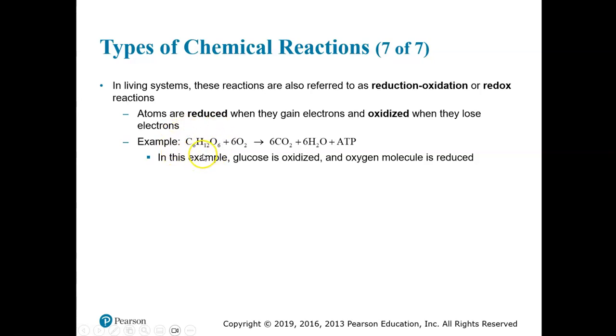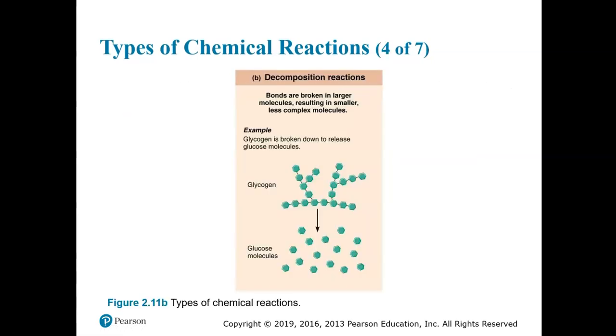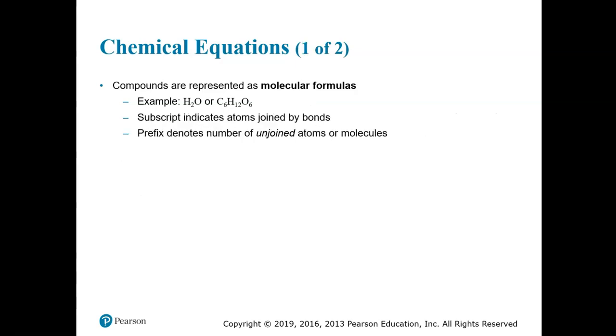And glucose is broken down in the presence of oxygen into carbon dioxide and water, and energy in the form of ATP is extracted when that happens. So, going back,